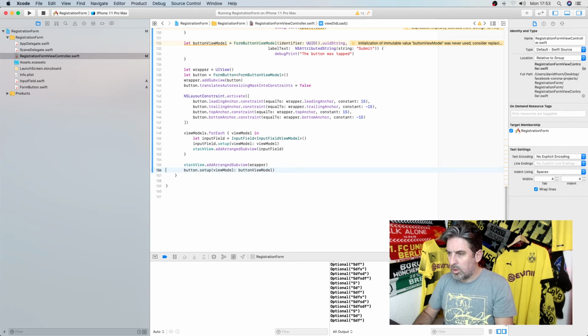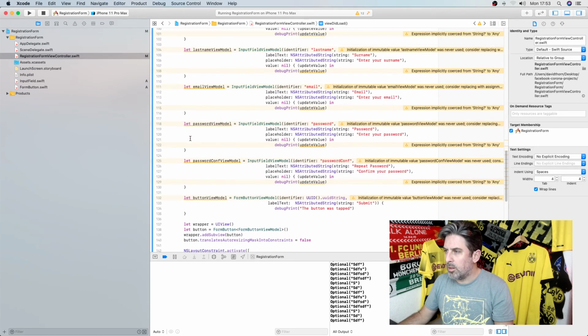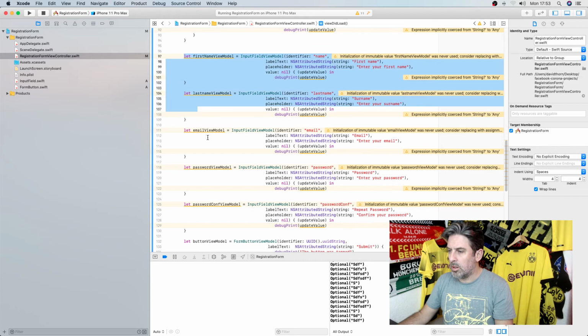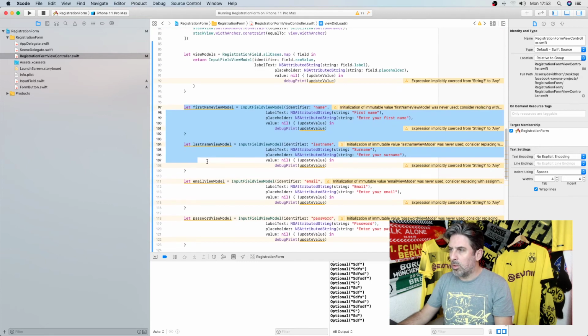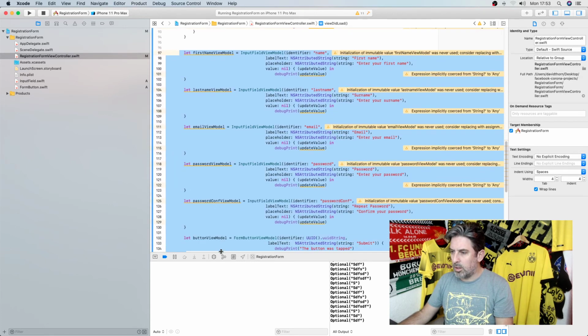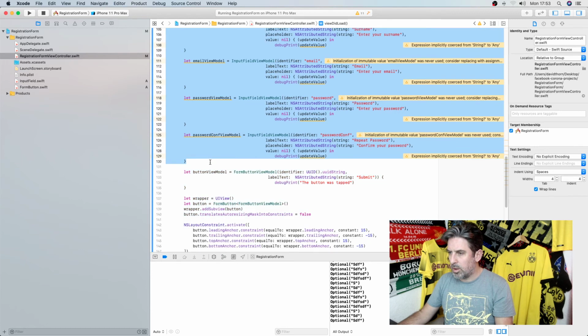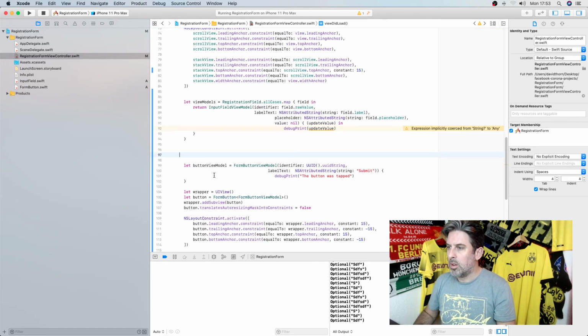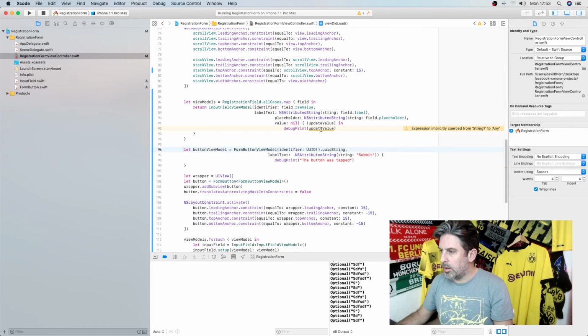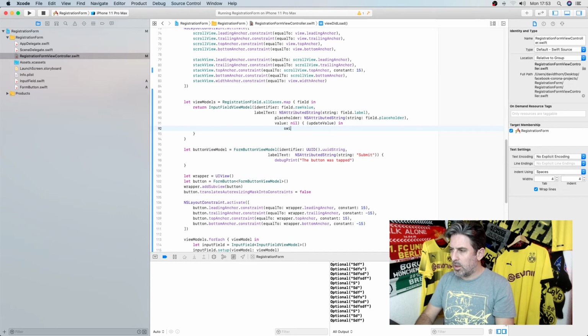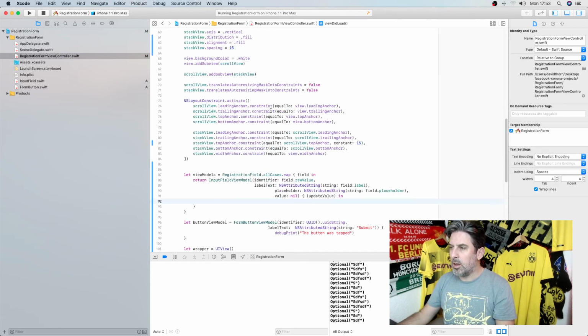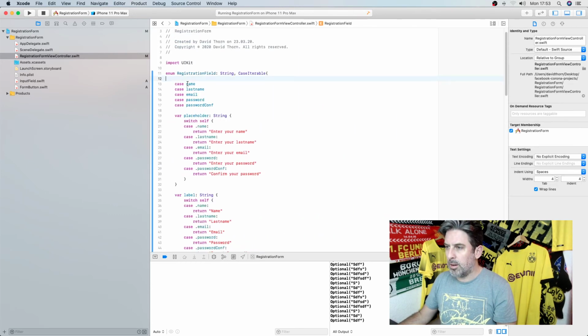Got that button. All these can go. The view model goes there, so they can all go, apart from the button view model. And so now we know what field identifier we've got, and so here you can